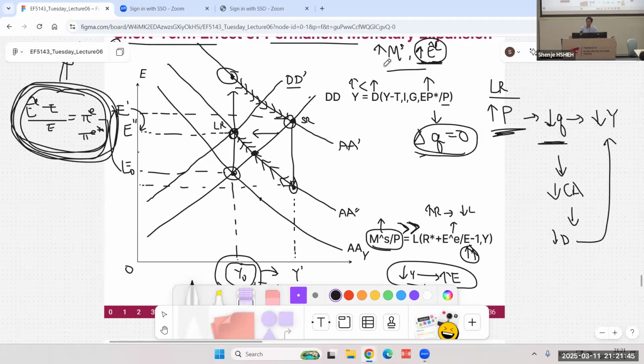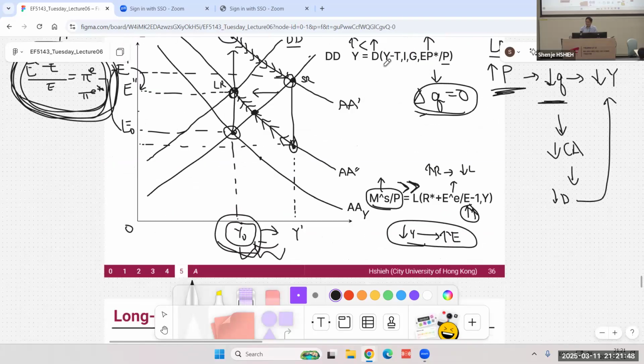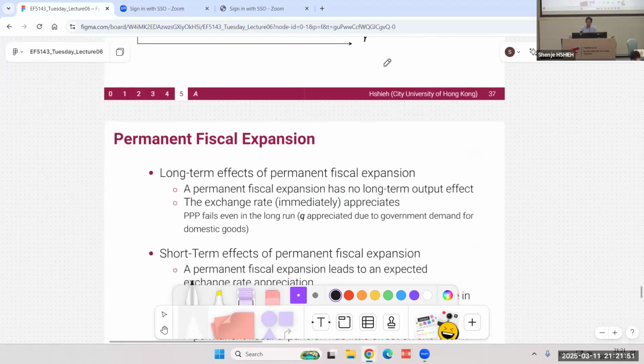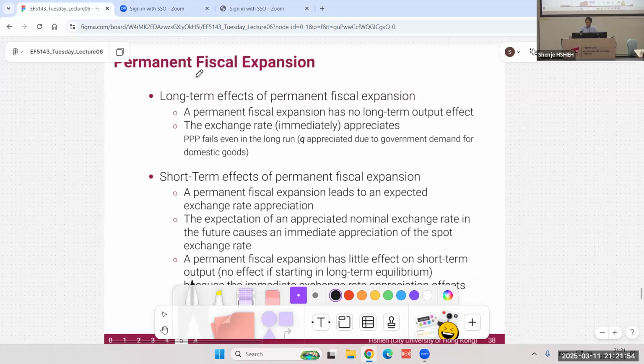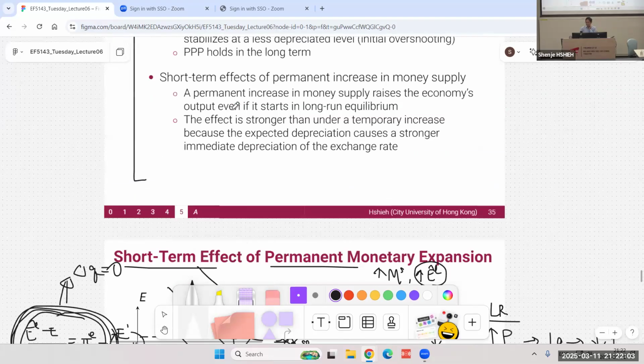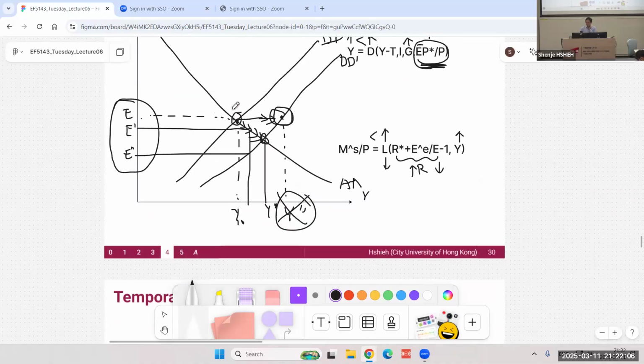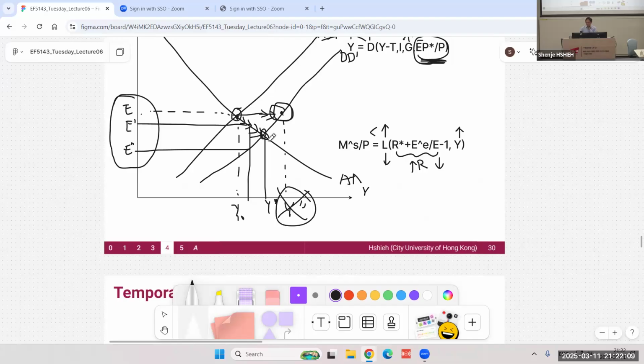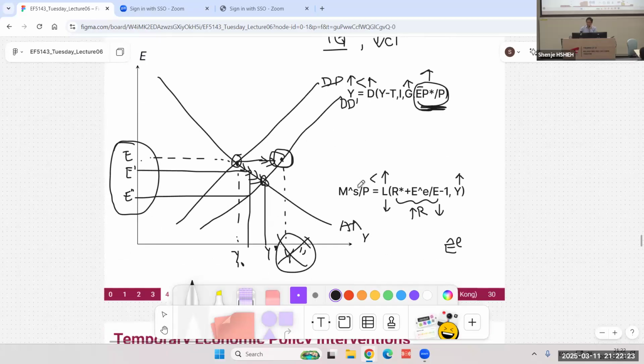All right, that is not the most confusing thing, okay? So the next thing I want to talk about, which you probably could have guessed, is permanent fiscal expansion. This is going to be quite a confusing explanation, but the takeaway is the following, as you kind of already guessed from this graph here. This crowding out effect can be disastrous if E hat E also changes, right? But it's going to change in the opposite direction. If somehow expectations are also reflecting this permanent fiscal expansion, but in the opposite direction,